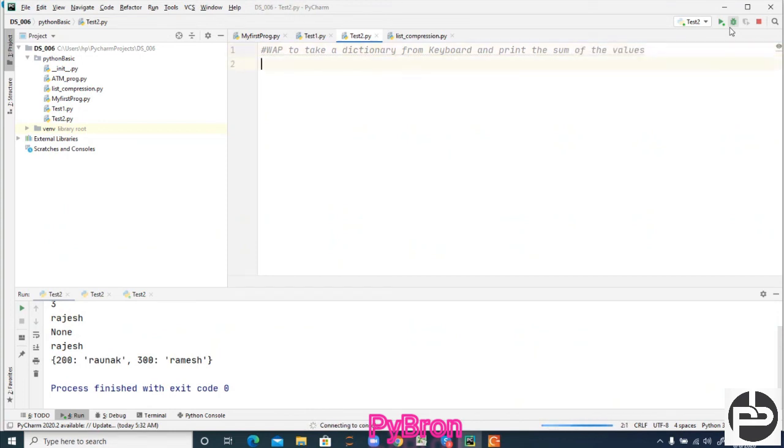Question number 2: write a program to find the number of occurrences of each letter present in the given string. I guess you people can do this, because we already know a lot of concepts right now. Try to take attempts.